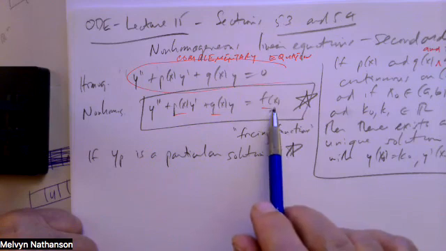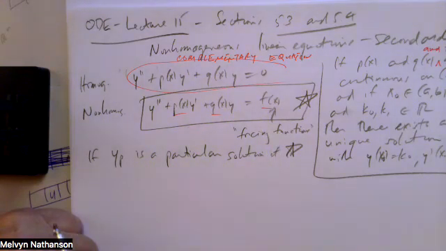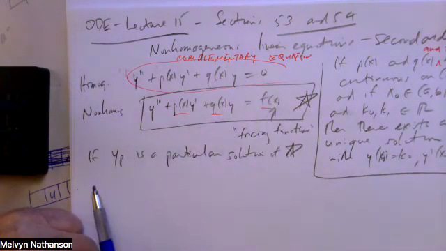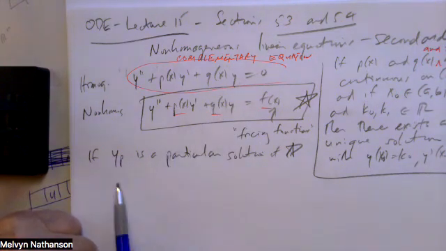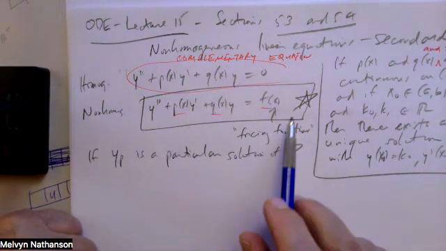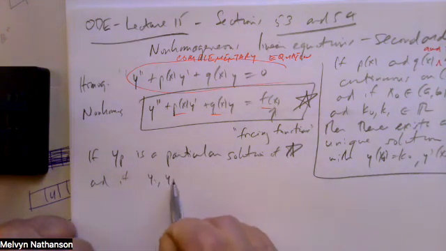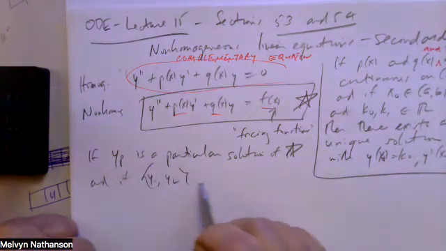Actually, I don't even have to say that, because if 0 were a solution of this equation, then f of x would be 0, and we would be in the homogeneous case. So if y sub p is a particular solution of this, and if y1 and y2 is